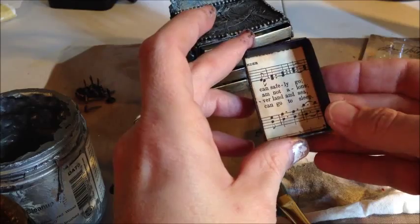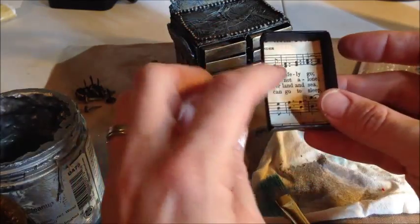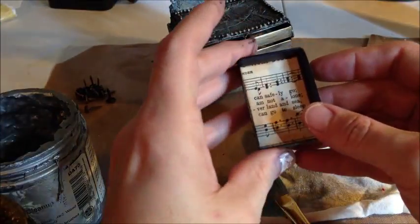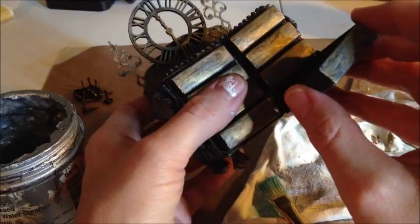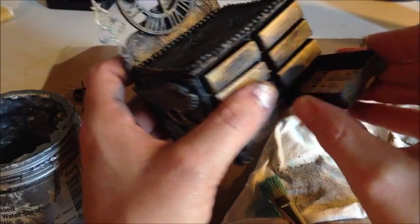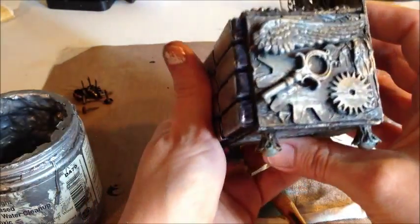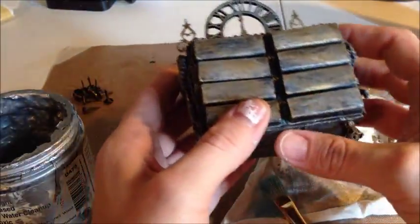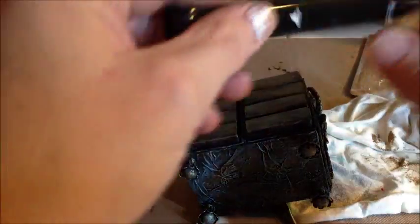The tutorial that I got this from, they did some other kind of paper, like a steampunk paper, and then they took the Tim Holtz tiny stamps. I think it might just be tiny stamps, but it's different things. And she stamped it on the inside, and it looked really cool, but I don't have those stamps, so just use whatever you have. And then I just push the drawers in, not all the way, so you can still get them out, however far you need. And then I just take a marker or a pen,